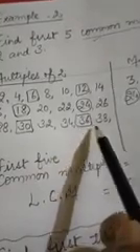Yes, there is no limit to write these multiples. Here we have written 2, 4, 6, 8, 10, 12, 14, 16, 18, 20, 22, 24, 26, 28, 30, 32, 34, 36, 38. We will continue to write up to the time where we get the common multiples. On the other side we have written multiples of 3, and out of these multiples we have to take firstly common multiples.